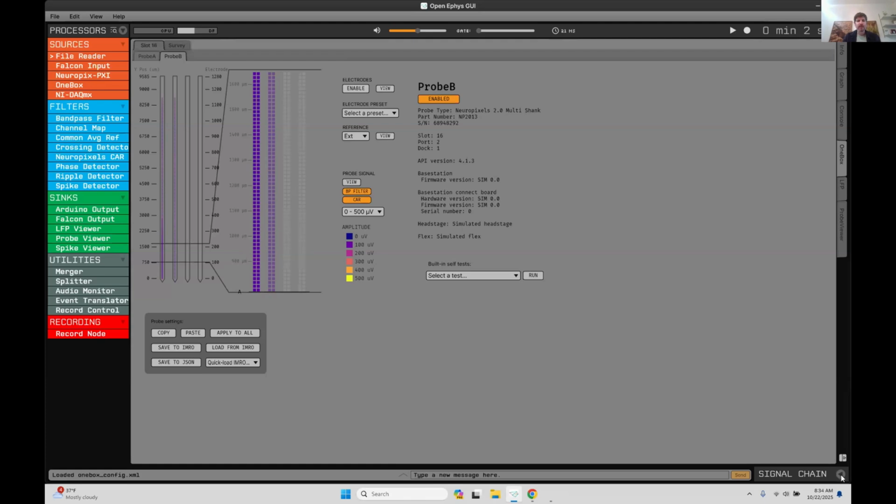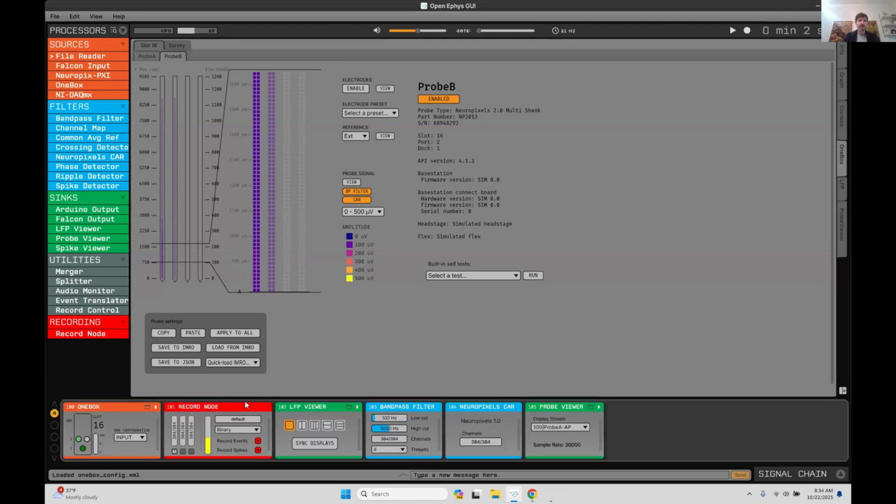Okay, so now talking about recording itself. So this is done via this plugin called the record node. This gives you a lot of flexibility in how you save the data. By default, it uses this binary format, which just saves the data as a flat array of int16s. But if you've installed the right plugin, you can actually record data directly to Neurodata Without Borders files by switching